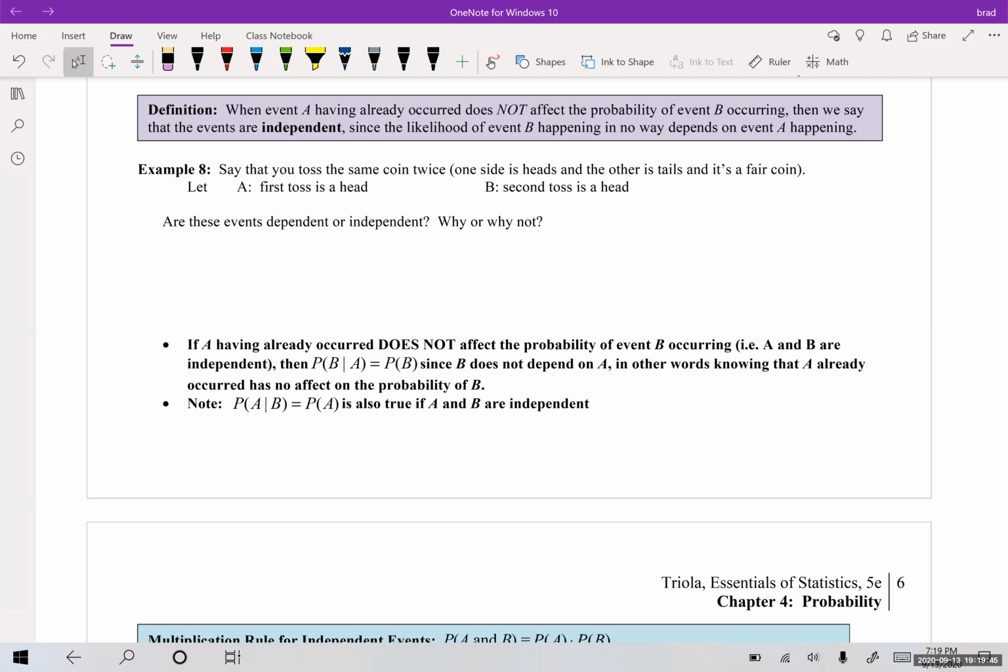It says, when event A having already occurred does not affect the probability of event B occurring, then we say that the events are,